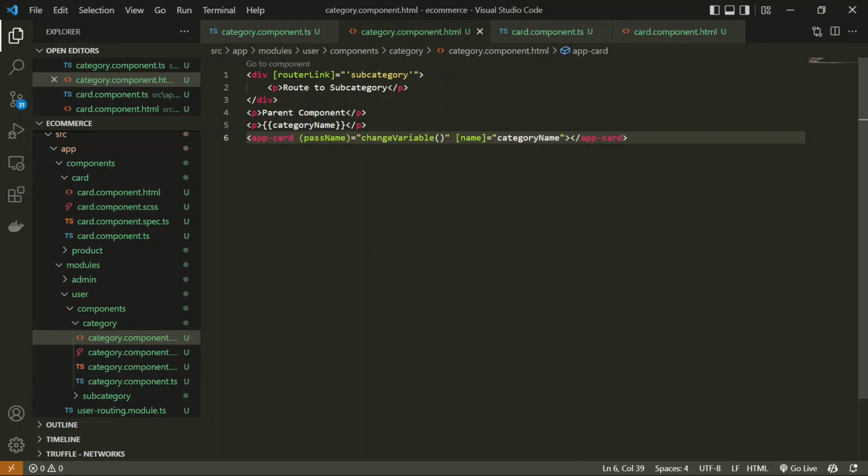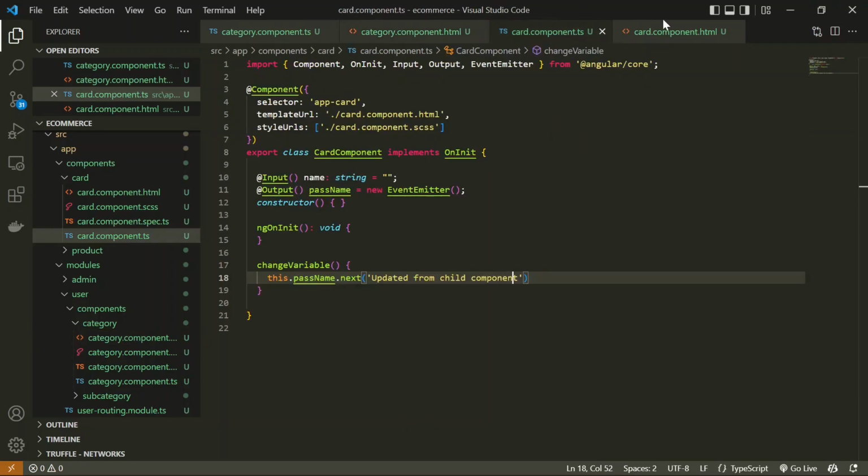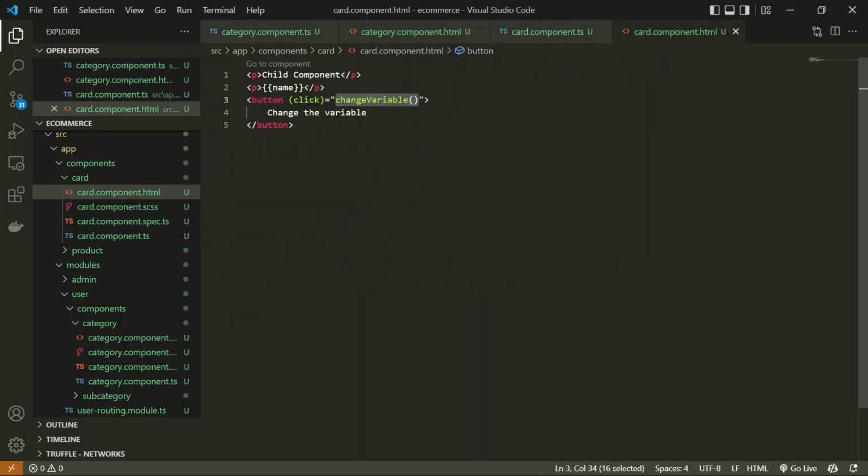So let's try to sum up what we did over here. We want to pass some data from a child component, which is the card component, to a parent component, which is our category component, right? So we are going to create an output which is an event emitter, and we are going to call this event emitter on a call of a function, and this function I'm going to trigger from a button in the child component.